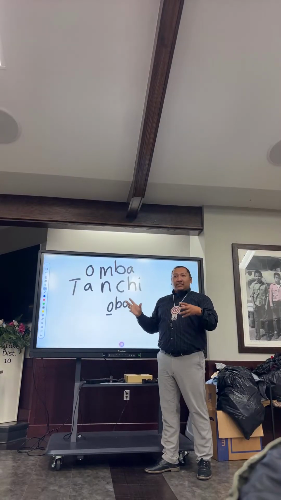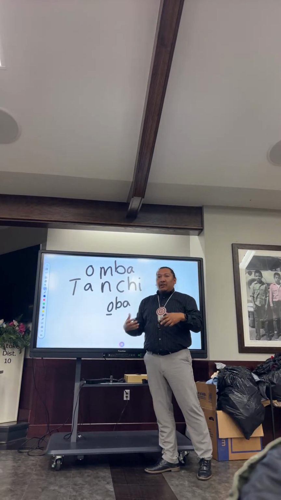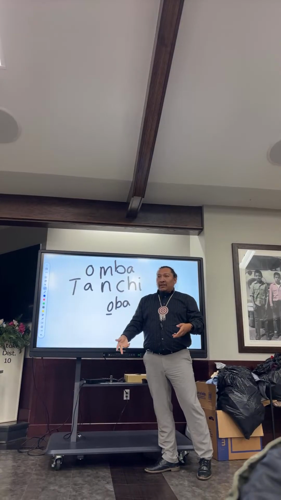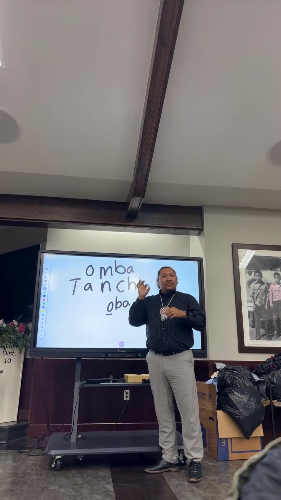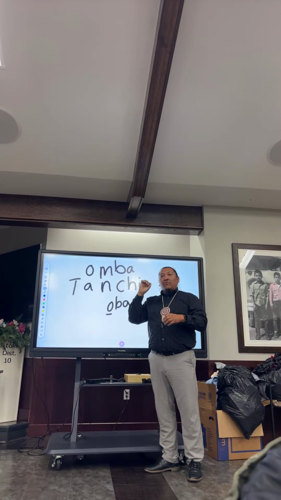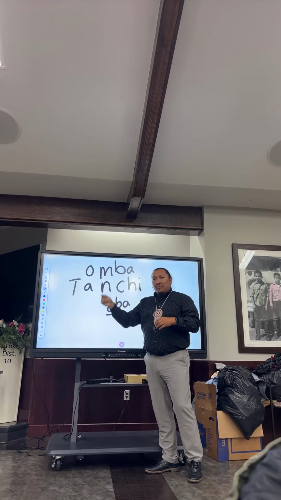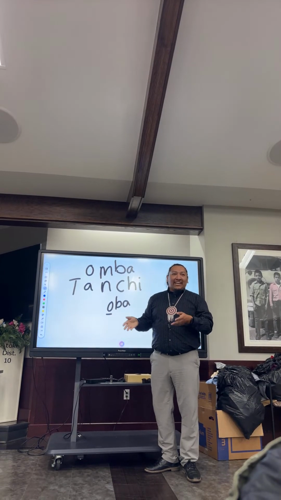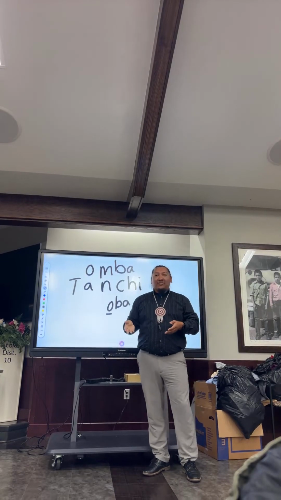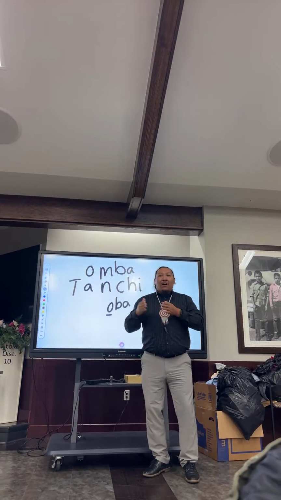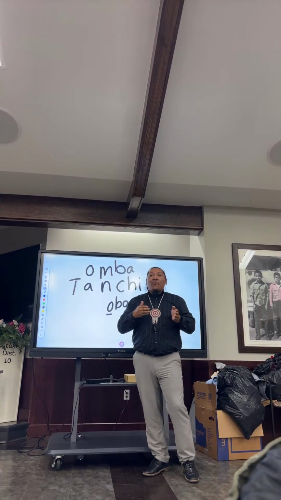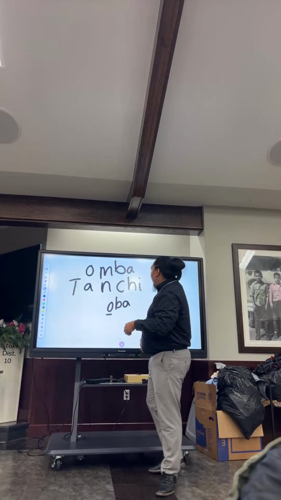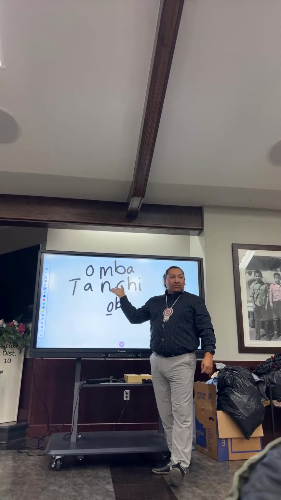But since the writing is there to help English learners learn the Choctaw language a little bit better, they put it there because it is slightly there, just a little bit. When you say umba, you hear that M just slightly. Even if you try to not say it, you're still going to almost say it, unless you say omba. But we don't say it like that, so we say umba. So that's why they implemented these rules.